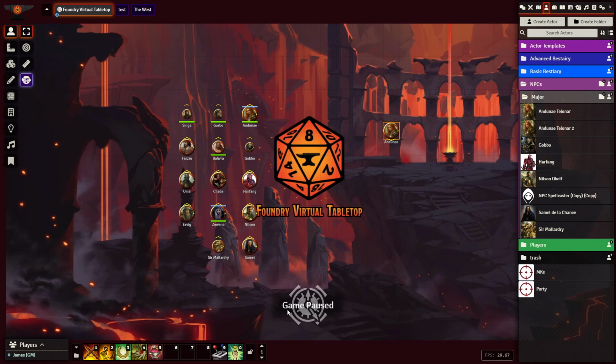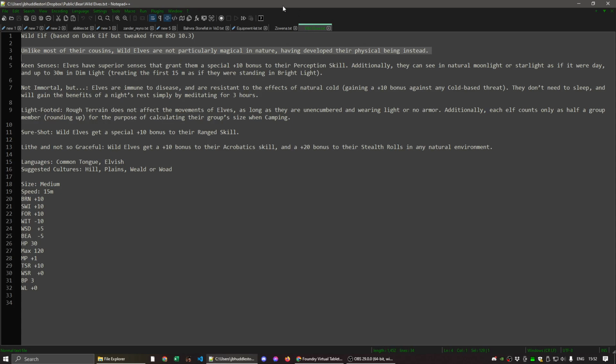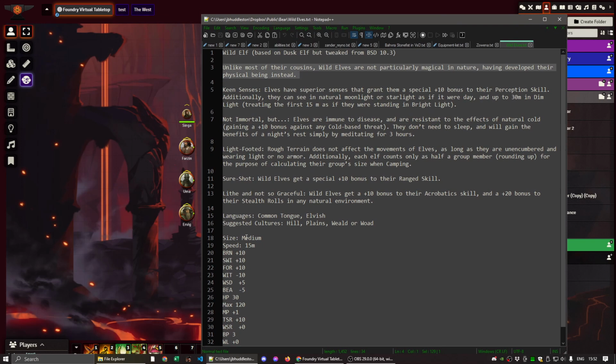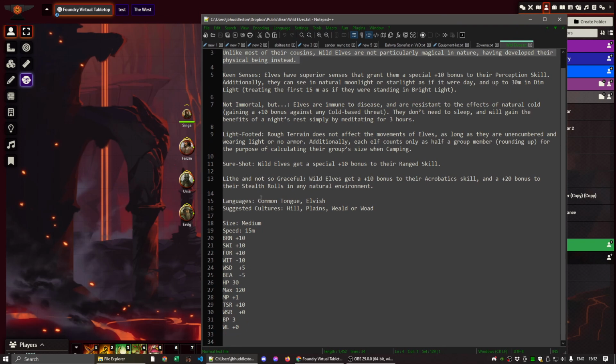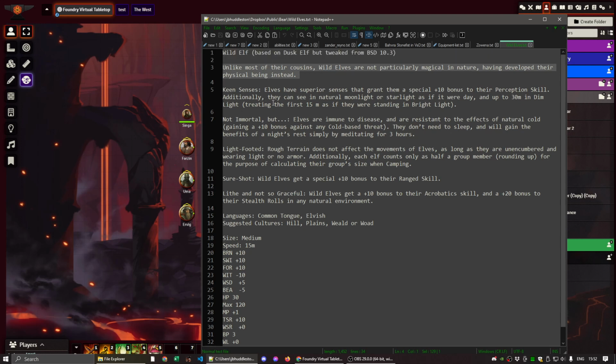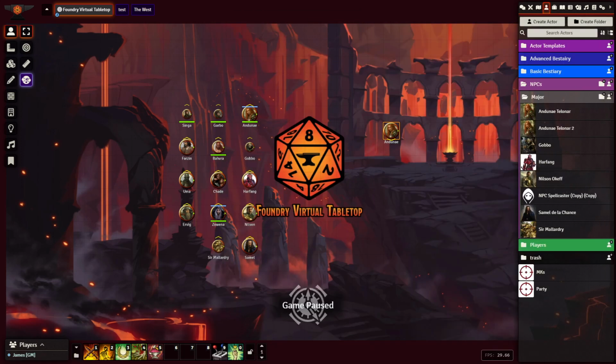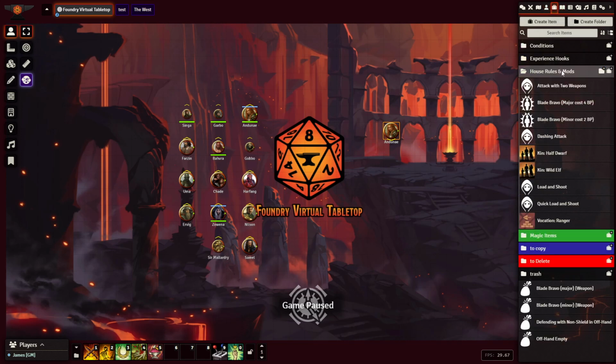So I have a kin made up with their advantages, their kin traits, special traits, and their stat block, and so on, and I'm going to use that. So I'm just going to put it on the other screen so I can get that stuff out. So what I'm going to do is start with a Dusk Elf kin,